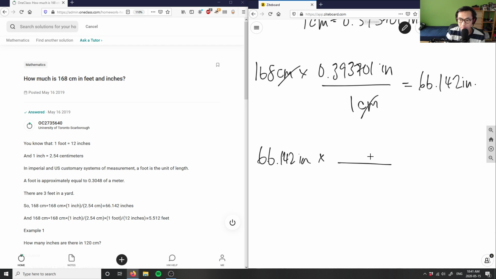So in 1 foot, there are 12 inches. These units cancel out, so I can simply divide. 66.142 divided by 12 will give me a value of